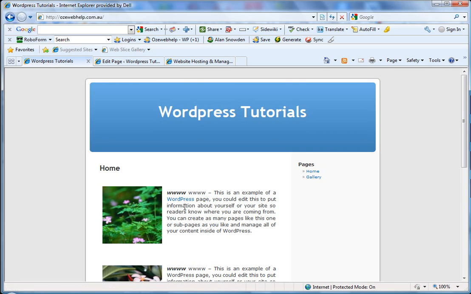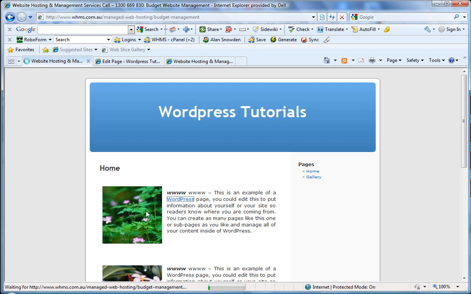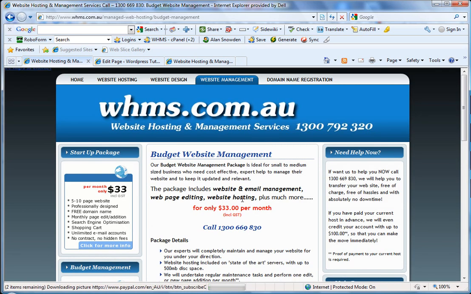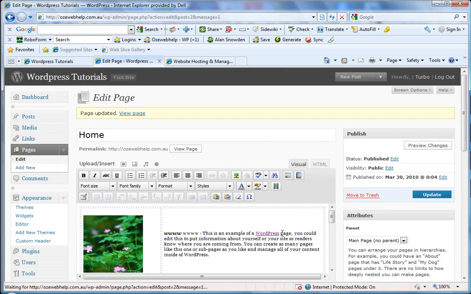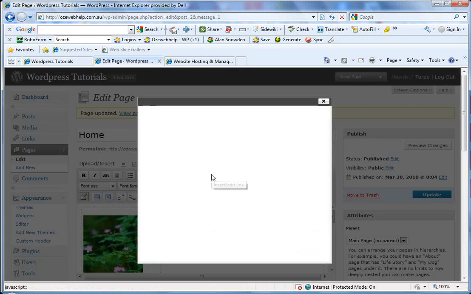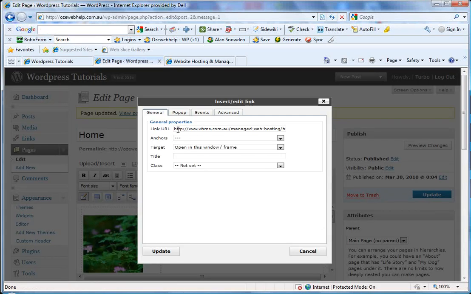Now, one thing I'll point out is that if I now click on that link, it's actually going to take me away from my website to the other website, which we don't necessarily want to happen. So what do we do about that? I'll just click back to go back to the original page. What we do is, in actual fact, we highlight the text that we want to change the link on. We click on the link, and you can see